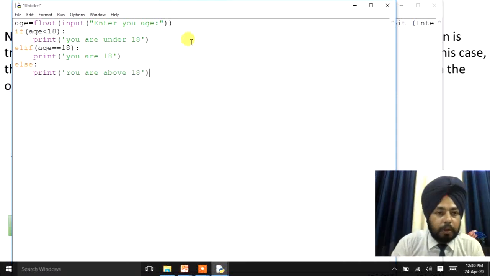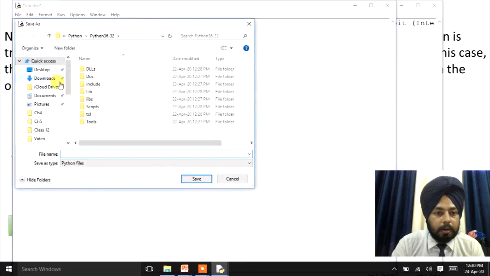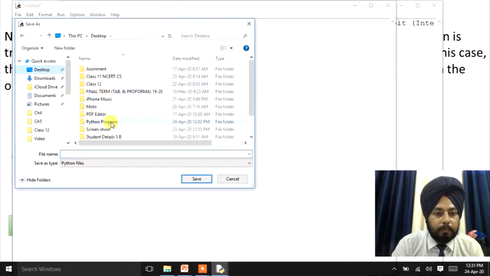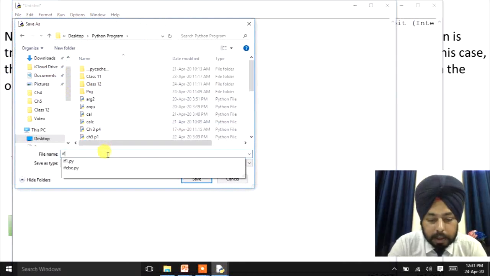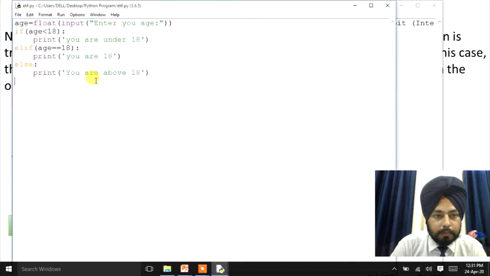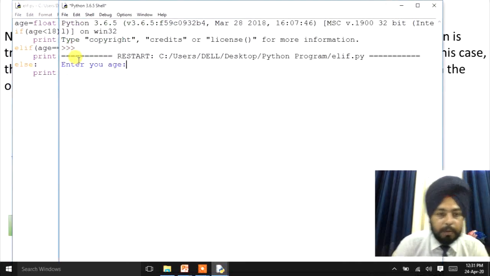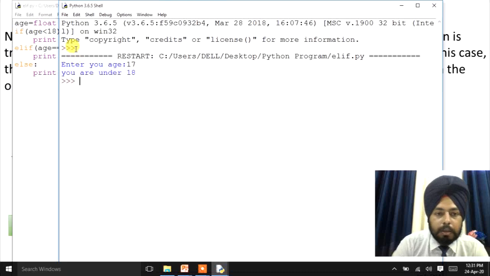Now I'll save the program at the location. Now I'll write the name of the program, elif. Save. Now I'll run the program by pressing F5. If I enter an age less than 18, then it will print you are under 18, right?